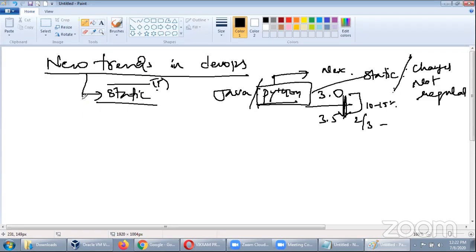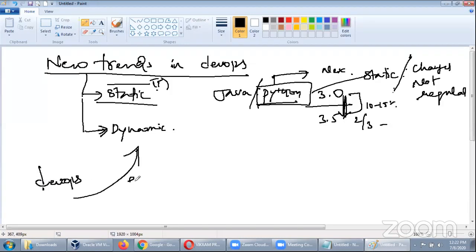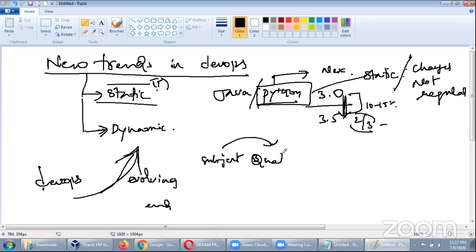Now, DevOps is not static, guys. It is highly dynamic. And please be aware, DevOps is still evolving. Don't think that it has reached the end. Whatever subject you learned today, make sure you keep in touch with it. It's not like 2 or 3 years here; hardly in the next 3 months, but in a quarter, you'll have some changes.